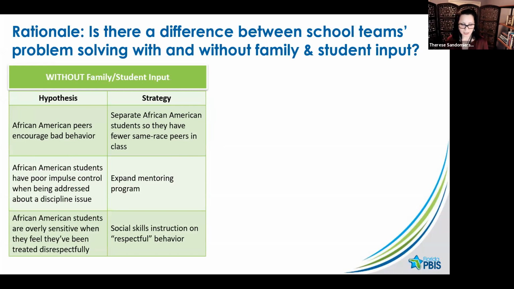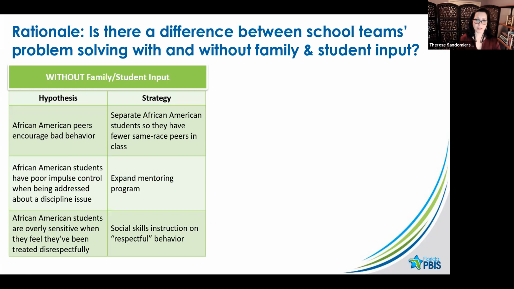So in the end, I'll wrap this up pretty quickly for folks, just to kind of illustrate our experience since doing these different focus groups. There was some time where we worked with several schools that tried to do problem solving for disproportionate discipline without getting family or student feedback about the problem. And what you see on the green side of the slide here are the different reasons they came up with